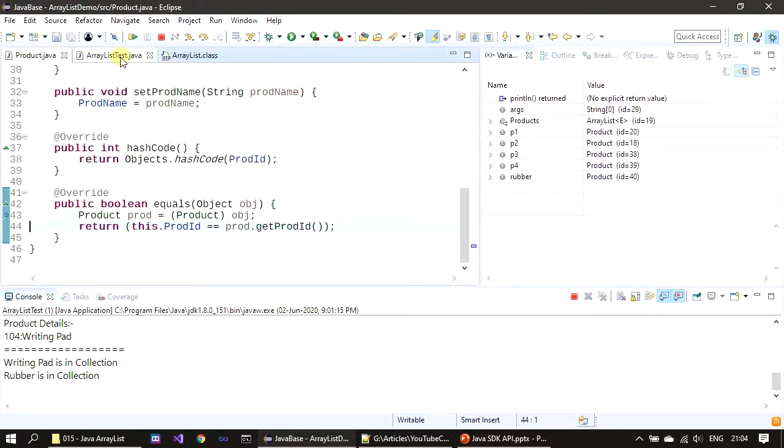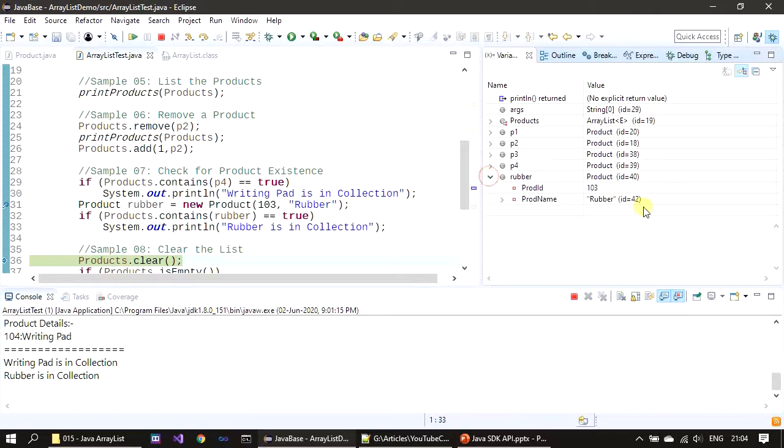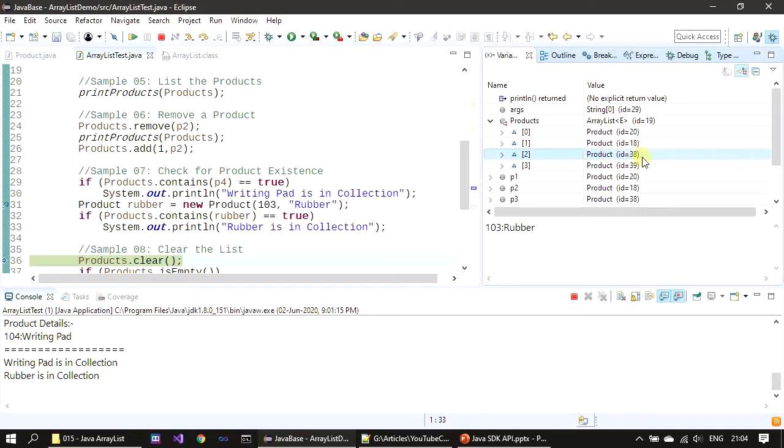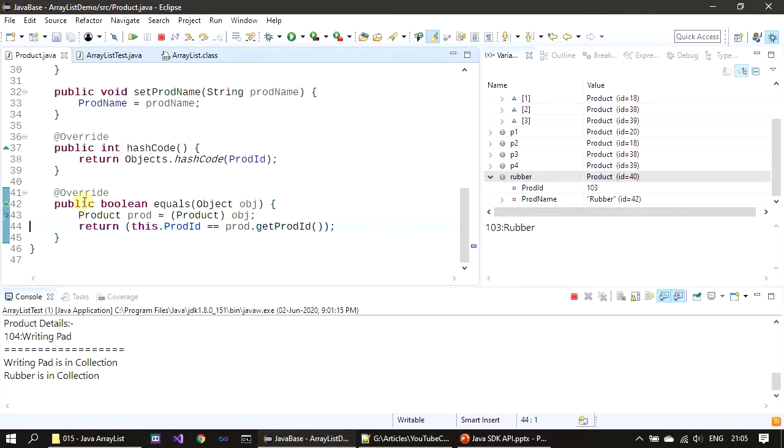Now it knows how to compare. Previously it just compared the memory location only. That's why when it finds this rubber, and this is also a rubber, so the ID is 38 here, the ID is 40. So it said that rubber is not in the collection. Now we asked it not to compare the memory location. Why? Because the Java Object class's default implementation compares the memory location. Here we overrode that